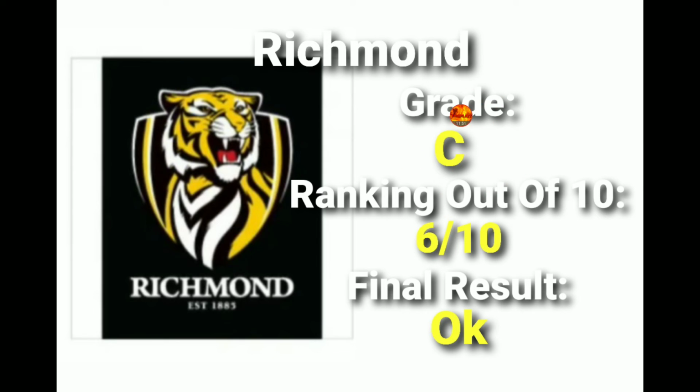Here's Richmond. I've given them a C, a 6 out of 10, and a final result of okay. Giving up Callum Coleman-Jones, again, wasn't Richmond's ideal thing. I remember about yesterday, or maybe 2 days ago, they managed to make a pick swap with Collingwood where they got